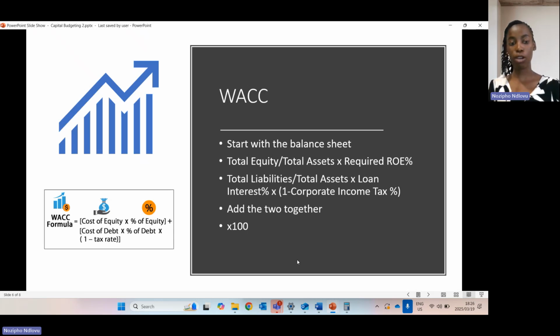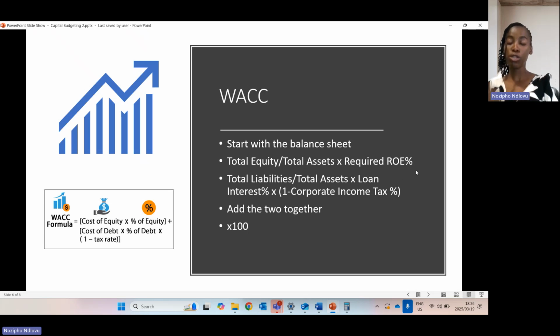That is what we're looking at also when it comes to the cost of equity. So where do we get these values? As I said, usually in the balance sheet, or we will give you the information as it is. It can come as total equity. If you see it on your balance sheet, you will see total assets. Remember, the total asset is the liability and the equity.